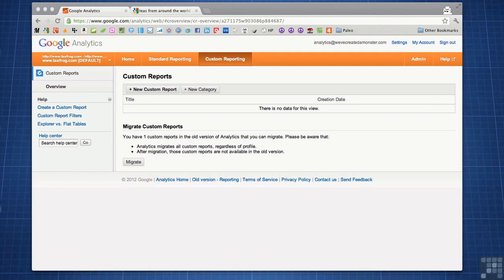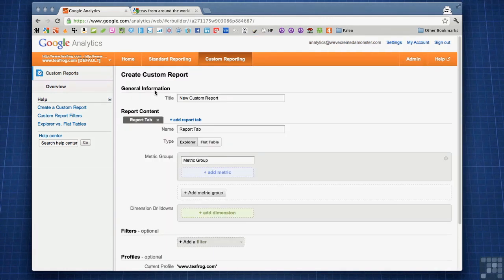Okay, so the first thing that you'll do when you want to make a custom report is just click this button here that says New Custom Report. And it's going to open up a page here that's got quite a lot of information, different metrics and filters and things that we can use to drill down into our data how we want to. So the first type of custom report that I'm going to show you how to make is going to take the land